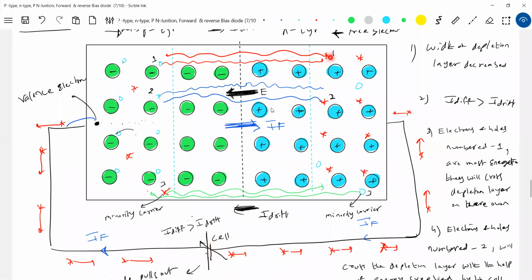So let's take that 1 is able to cross, and 2 because of the cell. There is another, say 4, which is unable to cross. The energy supplied by the cell is not sufficient, and the average kinetic energy is not sufficient. If I increase temperature, 1 and 2 will cross, and 4 also is able to cross, no? So for a given applied voltage, more majority carriers will cross the junction as you increase temperature. More majority carriers means more forward current.